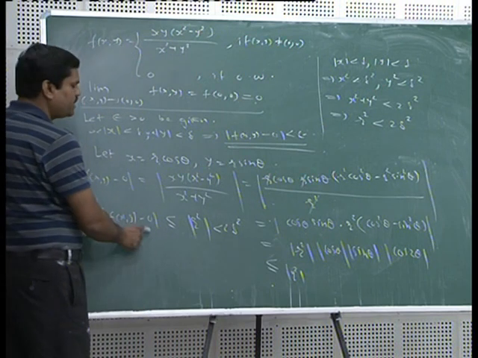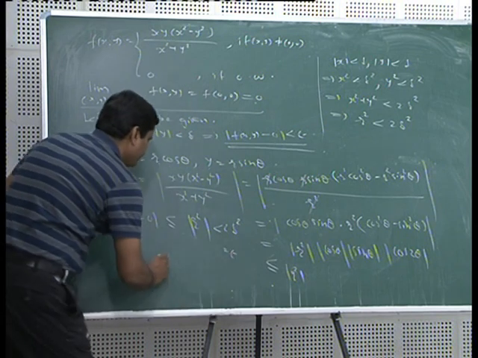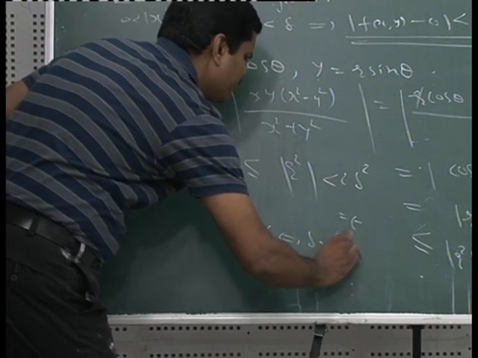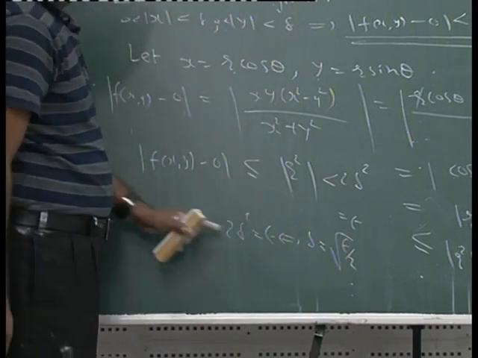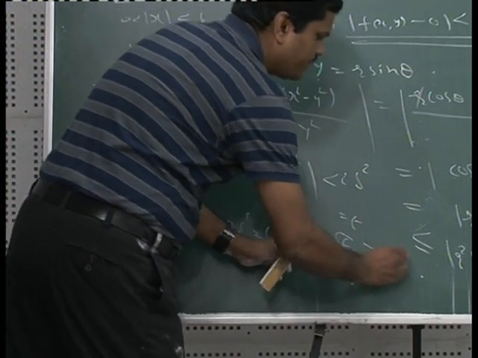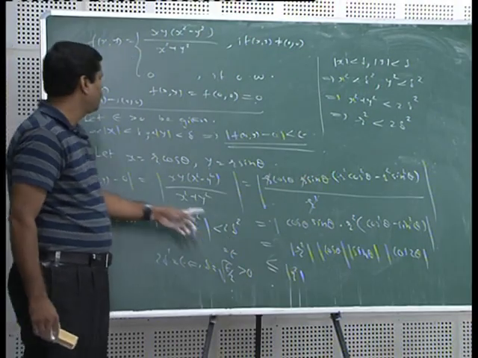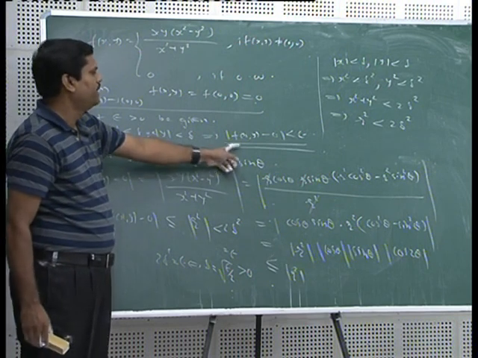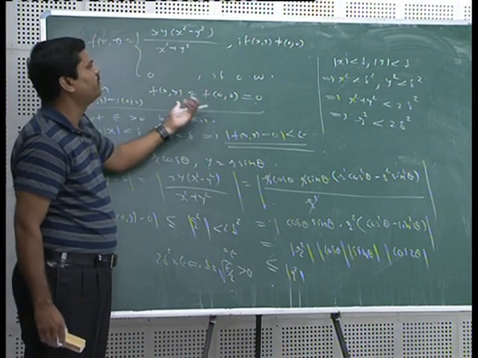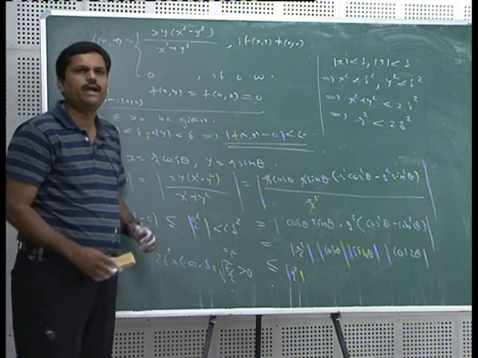Now, I want to prove this thing is less than epsilon. So, when this will be less than epsilon, or you can say when 2δ² is equal to ε, then we must have delta equal to what? Root of ε by 2, taking 2 to this side and then finding the positive square root. So, this gives the idea: if you choose δ equal to the square root of ε/2, greater than 0, then you can always have this condition satisfied. This condition satisfied means this limit exists and it is equal to 0, and that means the function is continuous. So, it is a good example of continuity. This function is also continuous at (0,0).